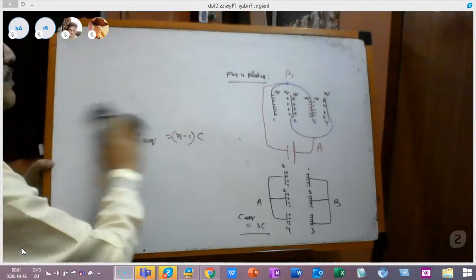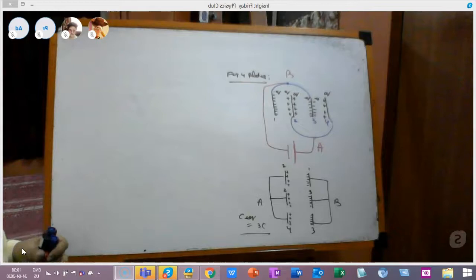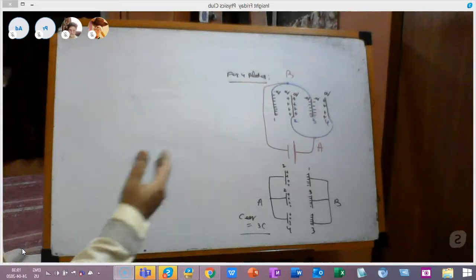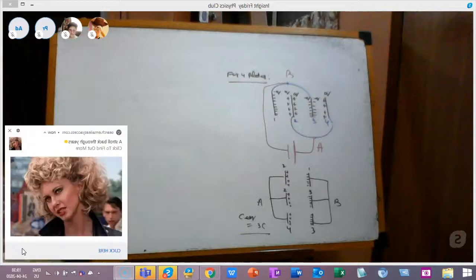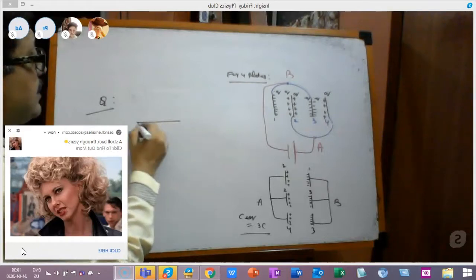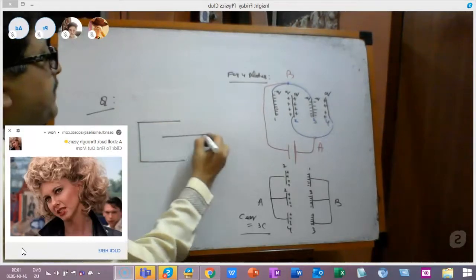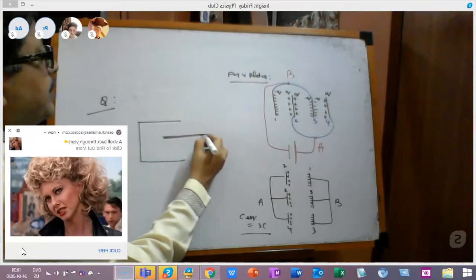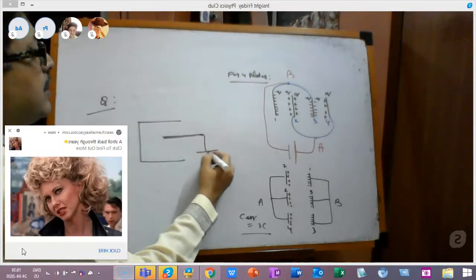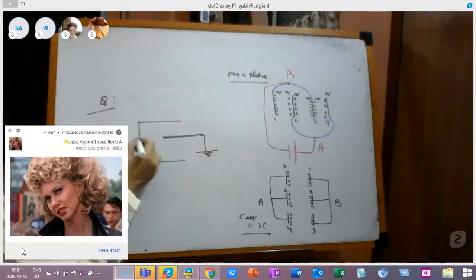Now let me share one problem with you based on it. Suppose I am not giving you this simplest mode of question, that find the equivalent capacitance when 4 plates are joined in this manner. Not like that. I am changing the problem a bit here, a question based on the concept you have already got. These 2 plates are there. There is a plate in between which is earthed. Okay, this point has potential V, and this one is earthed.